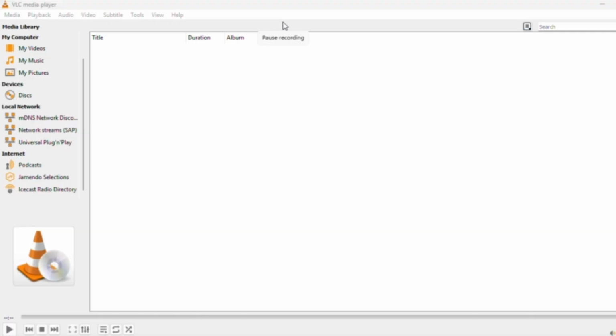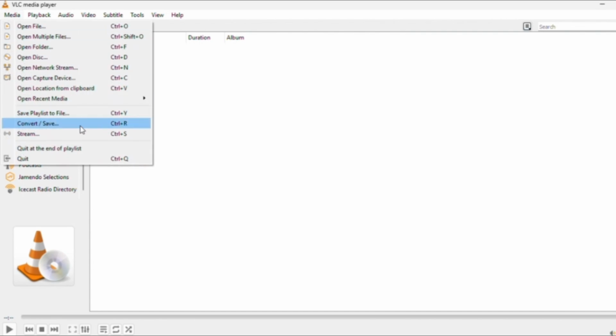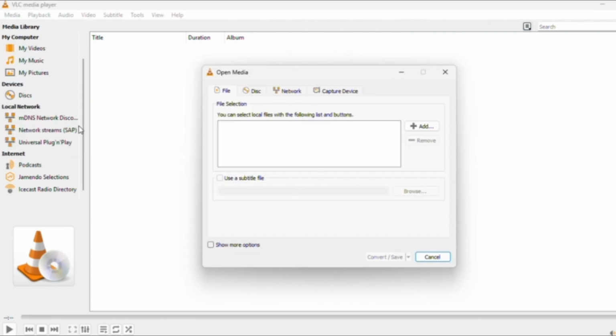On your VLC interface, all you have to do is to go over to media and go to convert and save. Then you have to choose the video you want to convert. You can just click on this add button and then this should take you to your files, and then you get to select a video no matter how long it is. Let's select this video